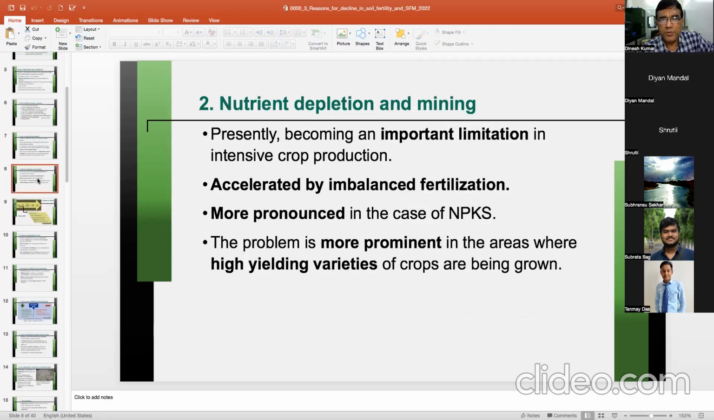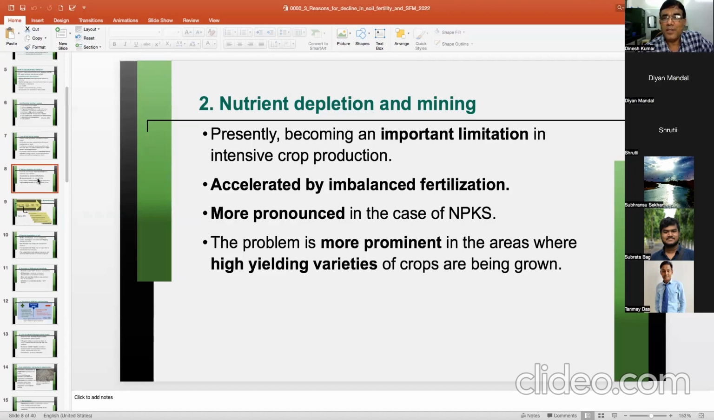Now, the next problem is nutrient depletion and mining, presently becoming an important limitation in intensive cropping systems. It is always there. Farmers normally don't go for soil testing. They generally do not apply nutrients based upon the recommendation. They apply on their own. If it is available, they will apply. If it is not available, they will not apply. And many times, if you know the consumption ratio of NPK fertilizer in India, it is more in favor of nitrogen. Sometimes it was very, very high in favor of nitrogen in Punjab. It has reached sometimes to